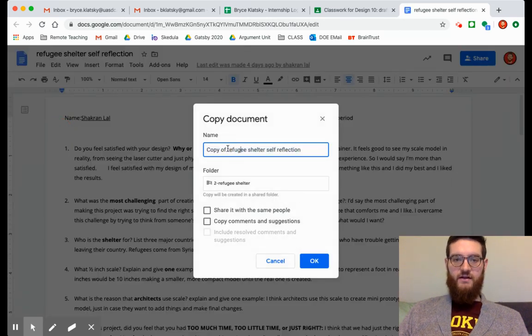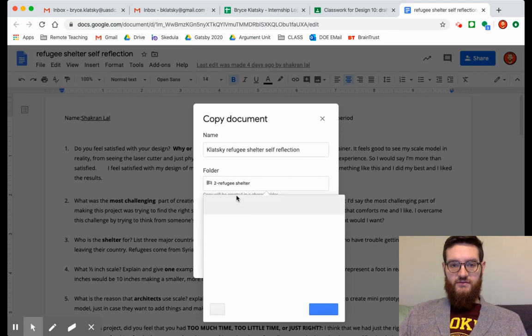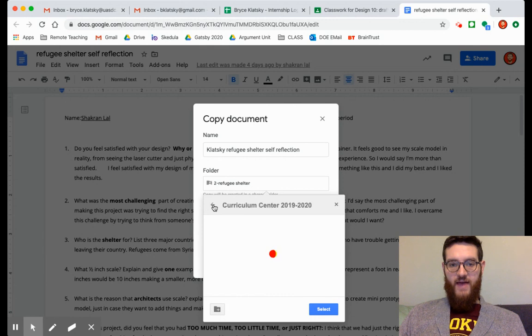So I'll name it here. I'll put Klatsky Refugee Shelter Self-Reflection. Now, I can change the folder where I put it. Give this a second to load. Let's say I don't want it in that folder. Let's say I want it in, I don't know, where do I want it? I can go all the way back to just Design,